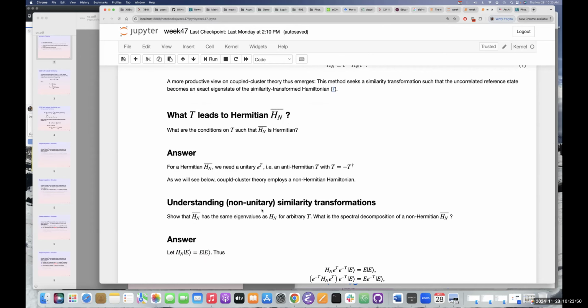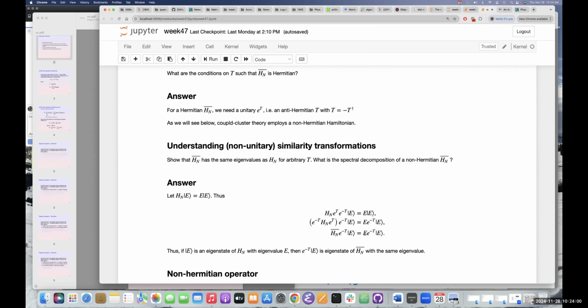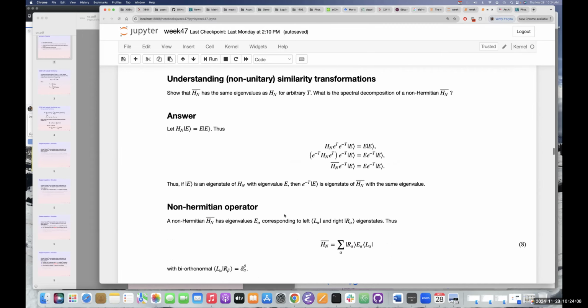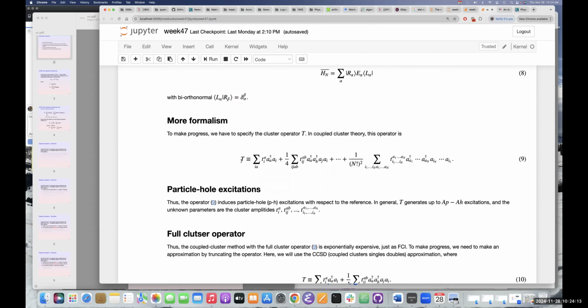If you're dealing with Green's function theory instead of many-body perturbation theory, then hermiticity is normally respected. However, even if it's non-Hermitian, the eigenvalues are conserved with this transformation, as we also saw last time. So what we ended up with was to define this cluster operator in terms of one particle, one hole, two particle, two hole, etc. So with the exponential ansatz, as we showed last time, we end up with